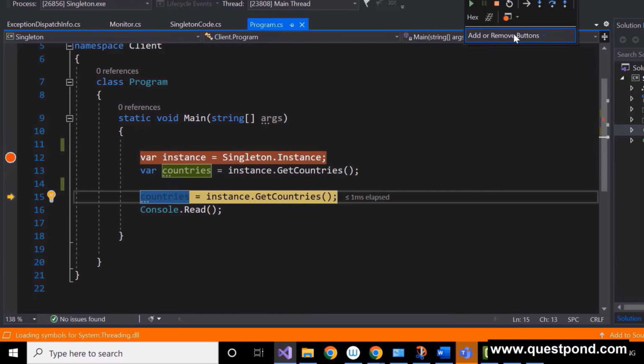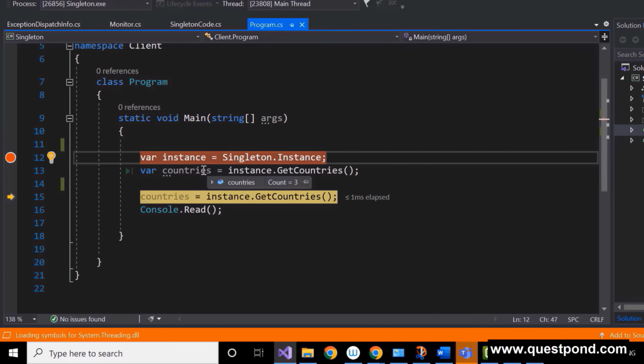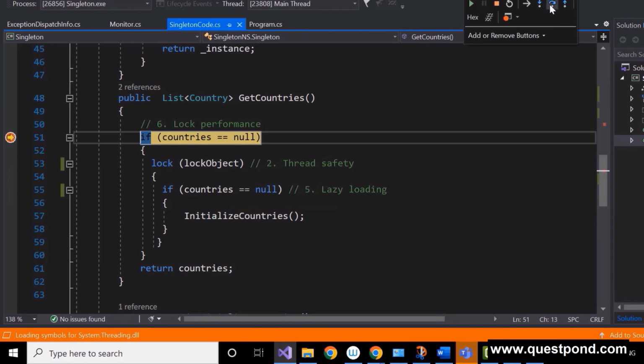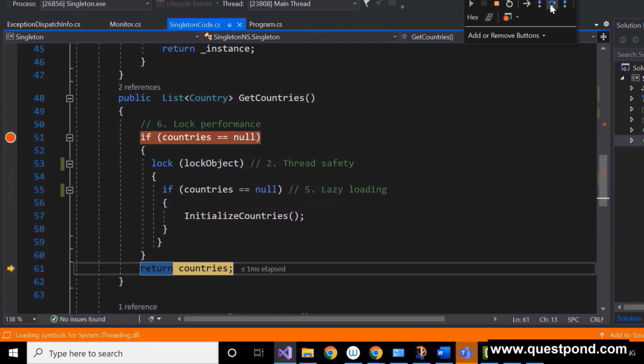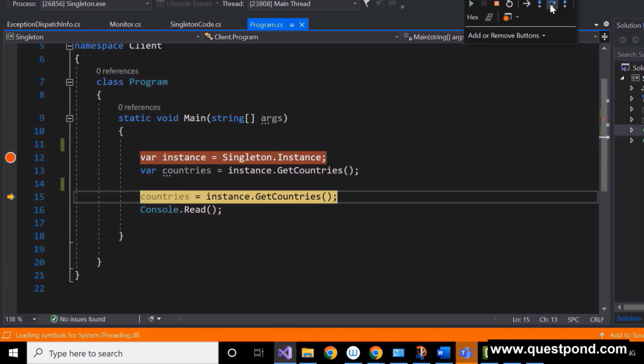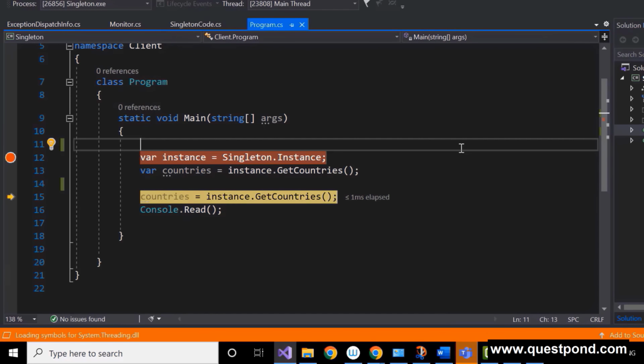So if I go and again say get countries, you can see the countries collection is out here. If I again go and say get countries out here, it will not go inside this thing, and it will not do any locking. And so on. So basically three things, when you're explaining singleton pattern, the first one is that there should be